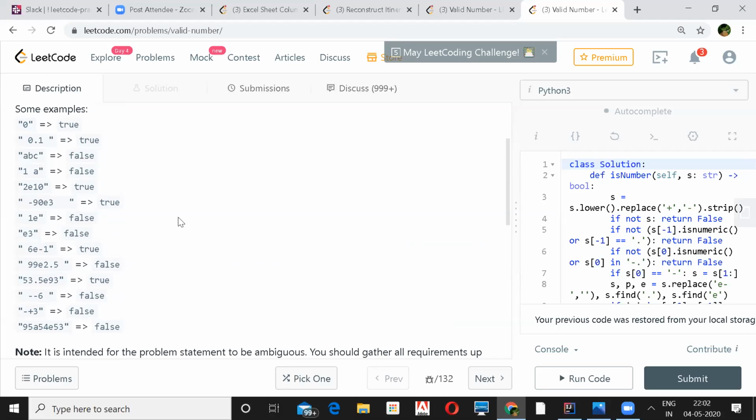That's valid, right? So you keep going. Yeah, I can have a lot of possibilities after each node, and then it can have a cycle as well. So for example, let's see a valid case: 6E minus 1, right? After 6, I can go to any number or an E. So I'll know, okay, I can go from 6 to E. From E, I can go to any signs, plus, minus. So I go there. Now, after the signs, I can go back to the numbers as well.